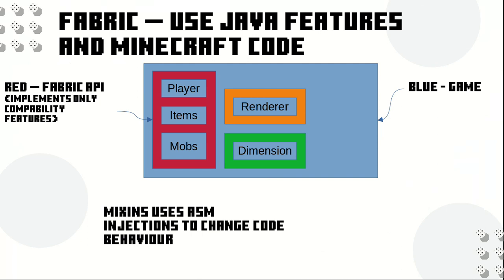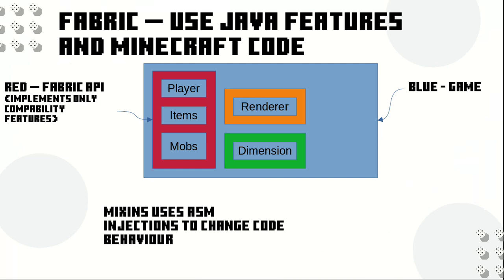So Fabric has its own API too, but it's much more lightweight than Forge API, and for example it doesn't handle Render API or Dimension API. So these features are handled by other libraries that are managed by other teams, and that allows us to update